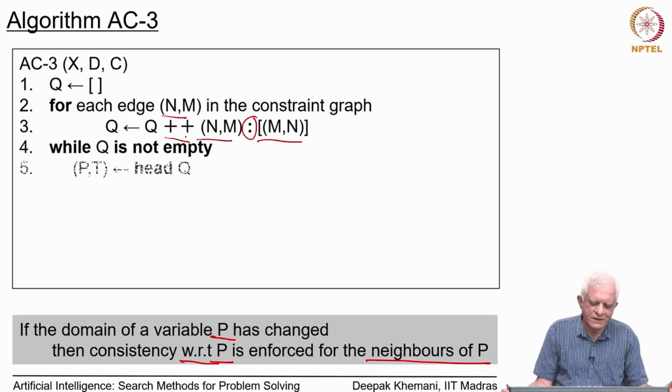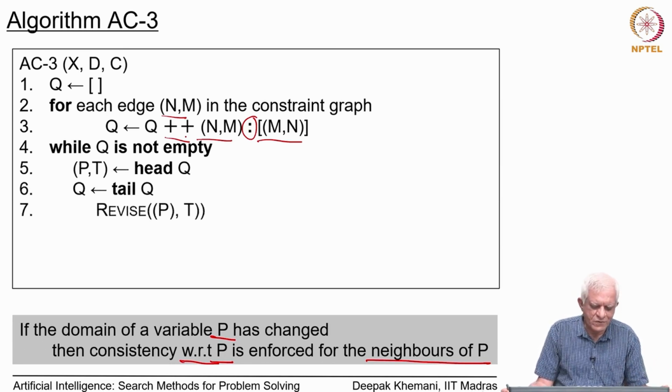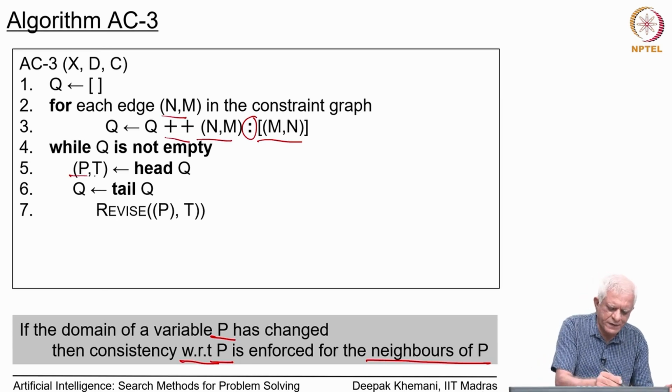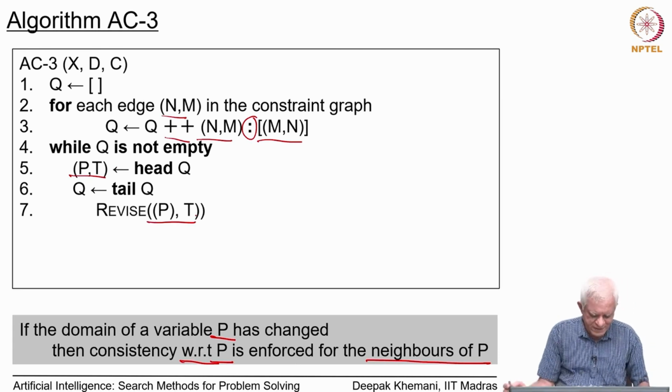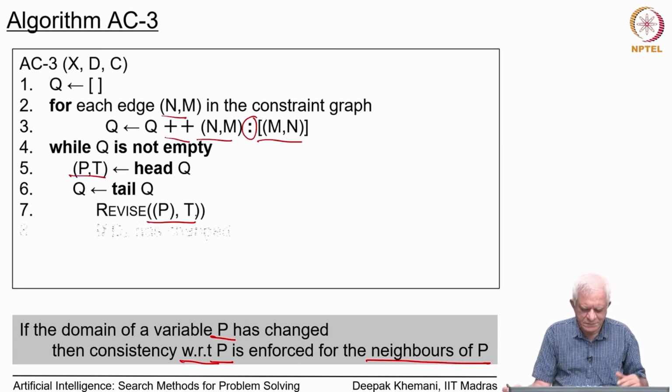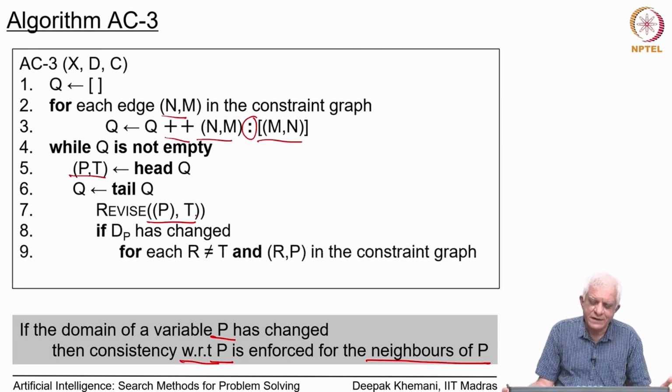While this queue is not empty, so while it is in the first round, of course, all the edges will be done once. We remove the first element from the head of the queue. We call revise. So, we have removed PT. Remember that PT and TP both will be in the queue. We have looked at PT now. So, we will call revise PT, and the domain of P may change, and if the domain of P has changed, then for each